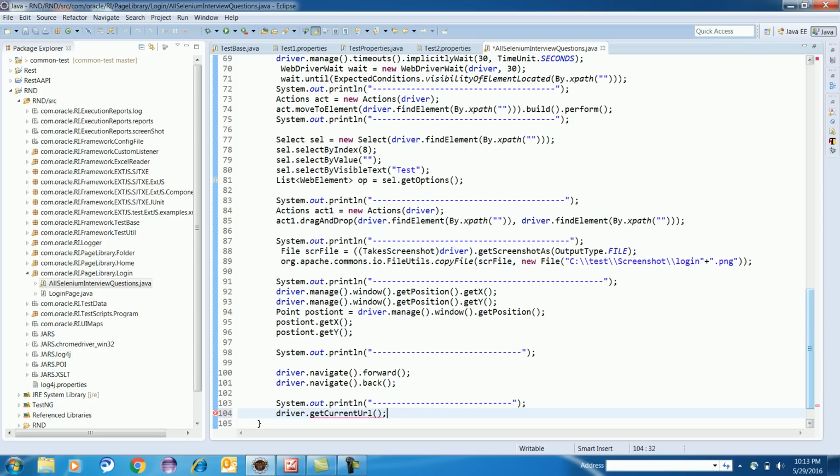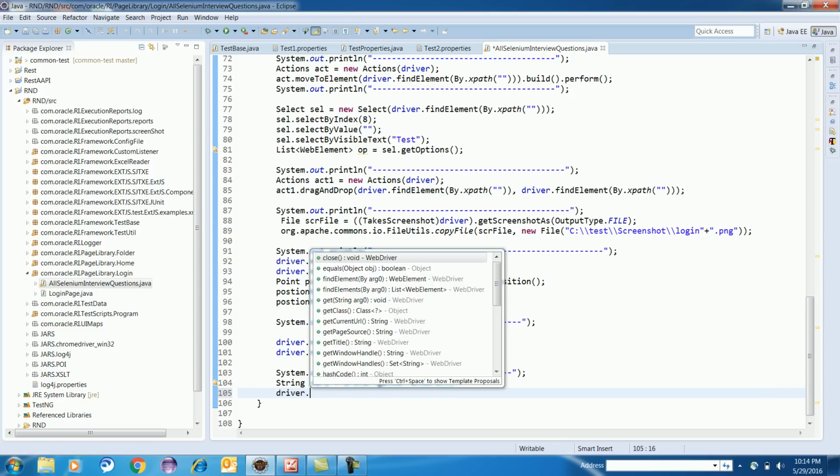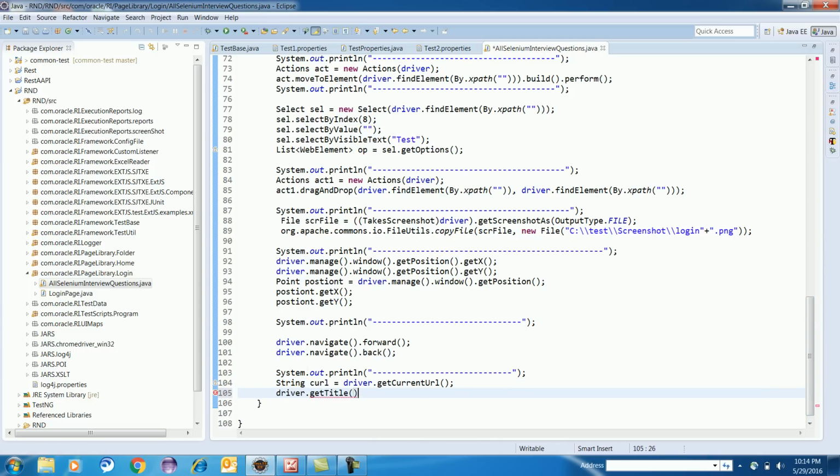This will give you the URL of the page. You can store it into a variable, which will be a string. So this gives you the current URL of the page. How to get the title of the page? driver.getTitle(). This will give you the title, and this will give you the current URL.